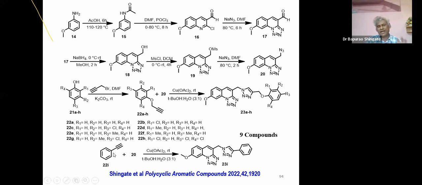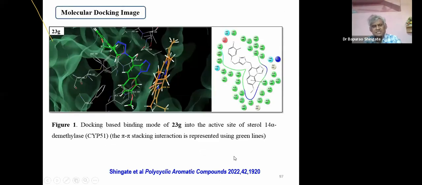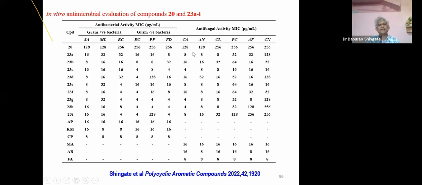And here we have undertaken one of the examples, that is phenylacetylene, to compare the biological activity of having this type of azide as well as this type of terminal alkynes. And these are the structures, screened for their